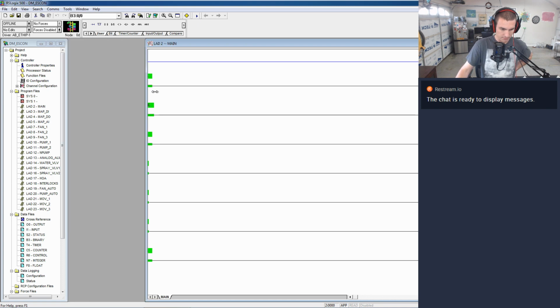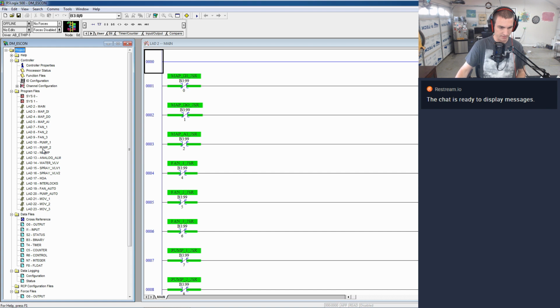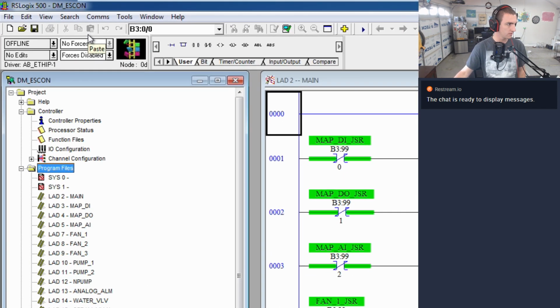If you can see over here on this project browser, what I've done is... I don't know if you could see that. I'll try to zoom this in. What I've done here is I've basically set aside... Turn the music down just a little bit. Okay, how's that? Is that better? Okay. So what I've done is I've set aside